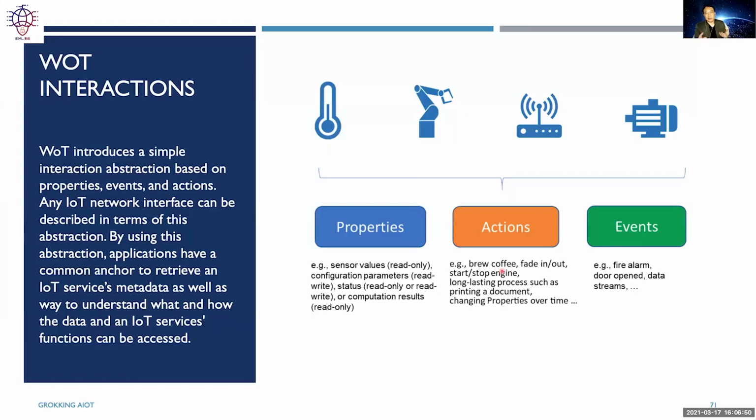So the other thing is, what can you interact with it? In the World Wide Web, there are only four major interactions. First one is to get some data, then to post some data, which is to upload some data. Then there's the put, which is to update or insert some new data, and the last one is delete, which is to remove data. These four actions are good enough for the World Wide Web, but may not be comprehensive enough to take care of all the different situations in a Web of Things environment.